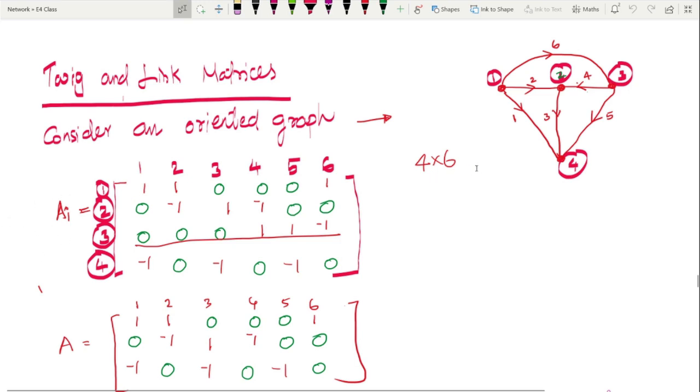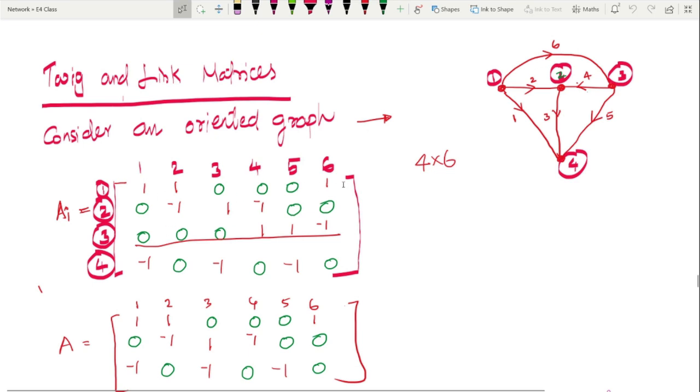As we have 4 nodes and 6 branches, the size of this complete incidence matrix A is 4 by 6. When we consider node 1, the incident branches are 1, 2, 6, and the corresponding entries are 1 and the remaining entries are zeros. As the current direction in all these branches incident to node 1 is going away from this node,